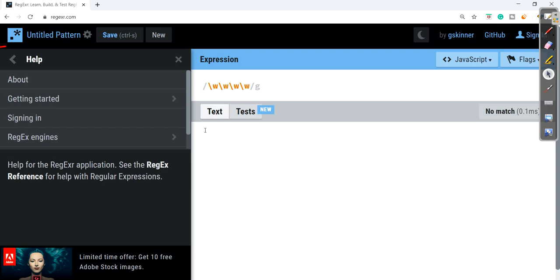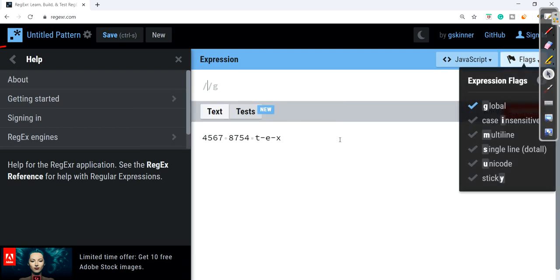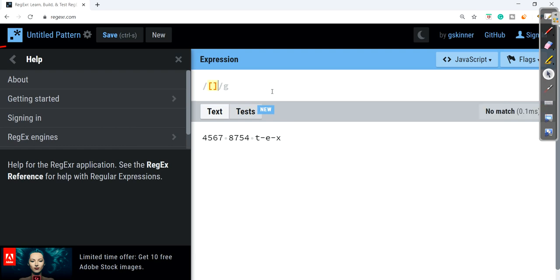Now let's try another example. Here I'll take bunch of numerical values. Let's say 4567 space 8754, then space T-E-X, and here I'll delete this. Here I'll define a character set and make it backslash D so as to match up with numerical values.